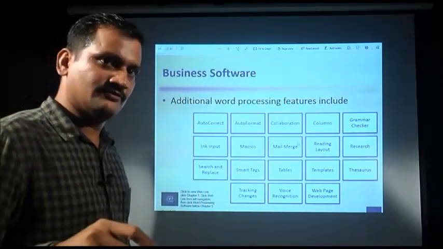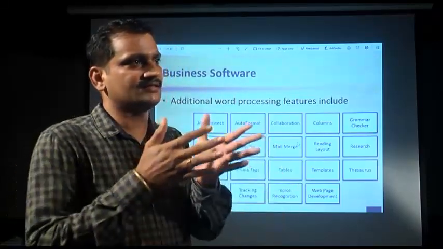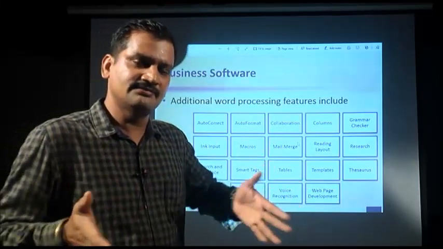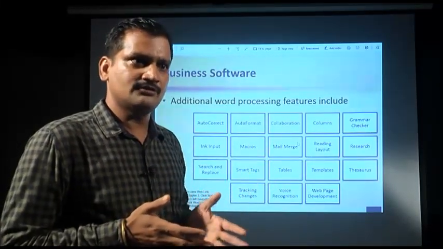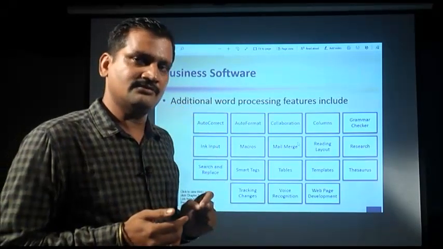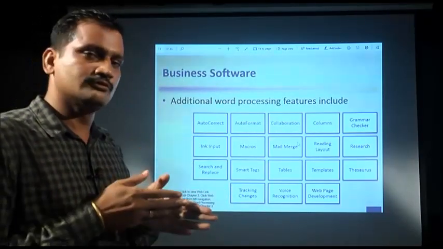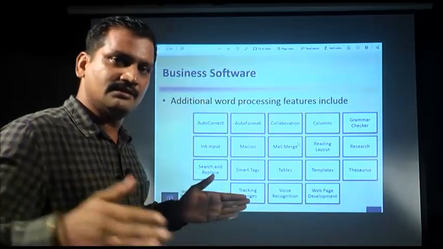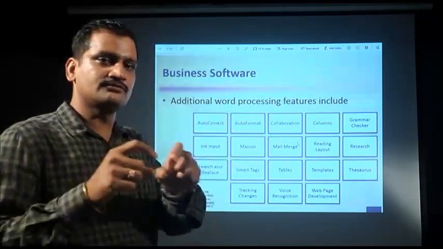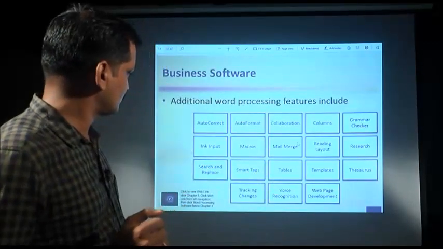It can search for you. If the document is one page, you can easily search a word. If the document is 50, 100 number of pages or some 1000 number of pages, then it is difficult to search a particular word. You want to search a name, or suppose a particular address, or any specific word, then it helps you to search that. No need to go through all the documents regularly. You just go to the option and give the word you want to search, and it is going to search and highlight the text wherever it is available, and you can replace it also with a new text.